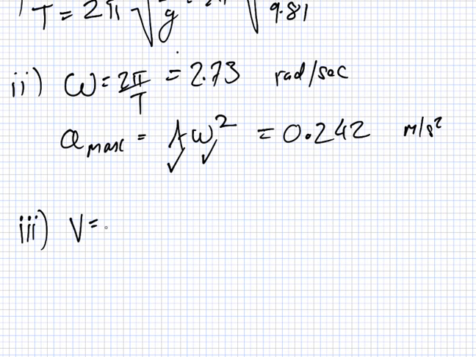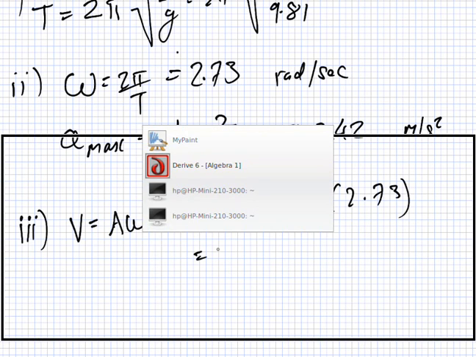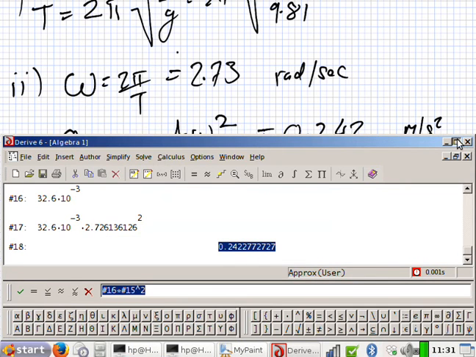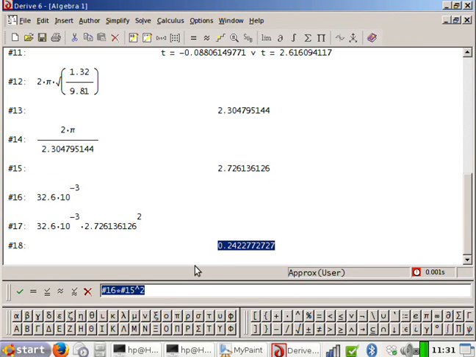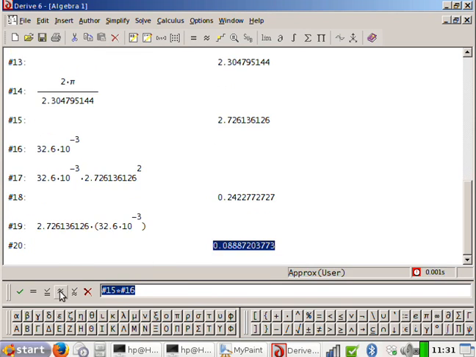And part 3 is what's the maximum velocity. That's equal to A omega, which is 32.6 times 10 to the minus 3 multiplied by 2.73. So let's just go back to this. Where was my A? There it is there. That's what I just wrote down, wasn't it? So that comes in at